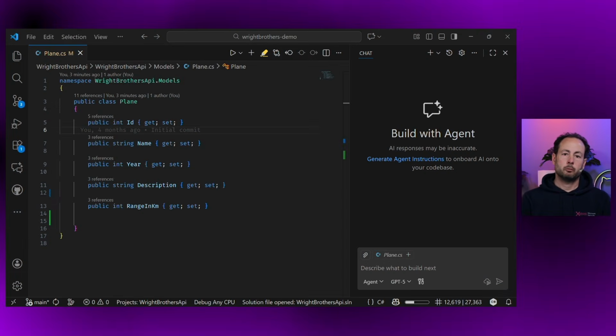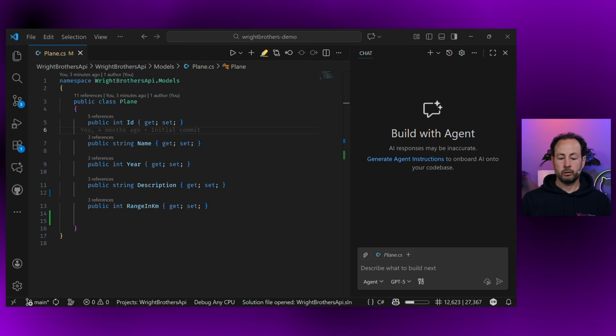Inline chat, which has been available for a while, has had a revamp. There is a version 2 available. I must honestly say that I don't use it that much anymore. Actually, I haven't used it for the past few months, but I can imagine that there are quite a lot of people still using it. So this new V2